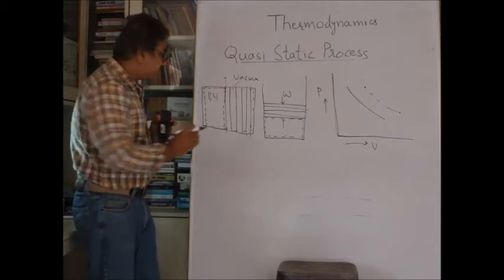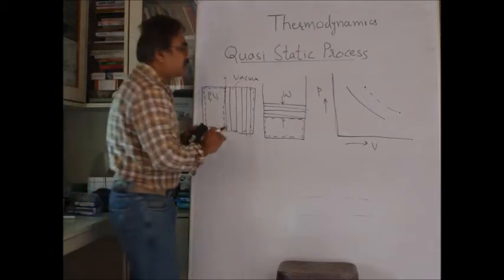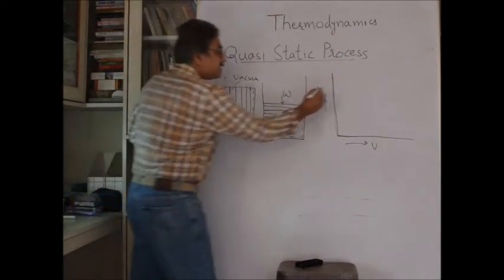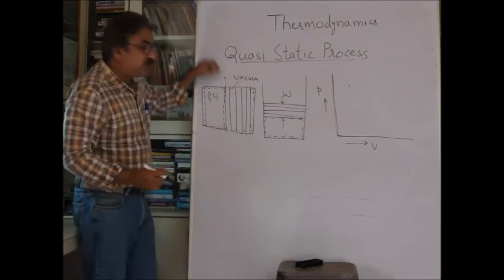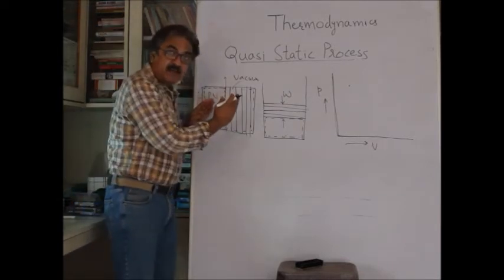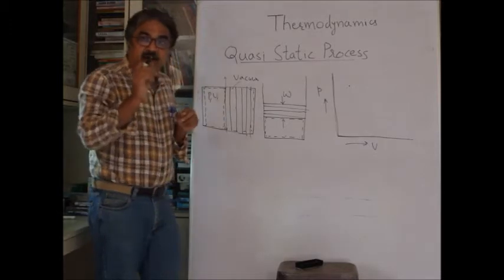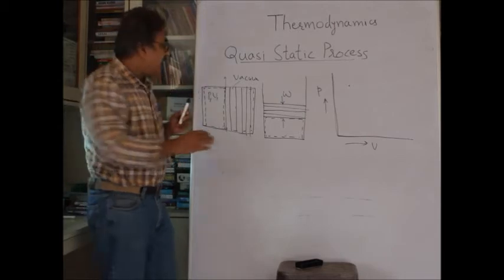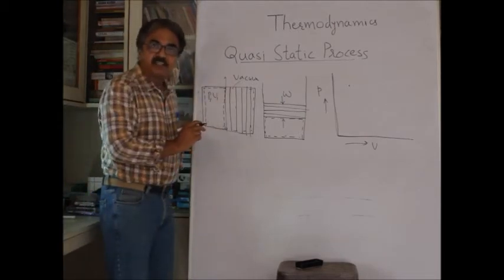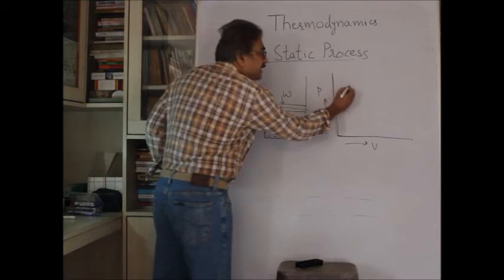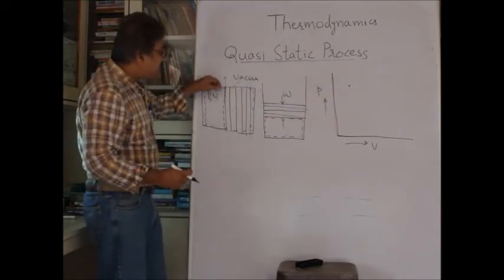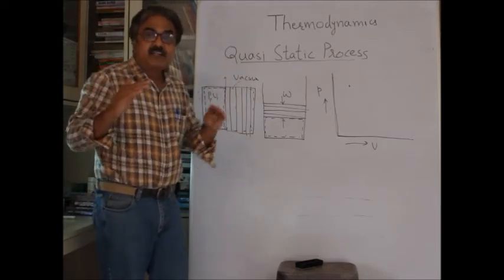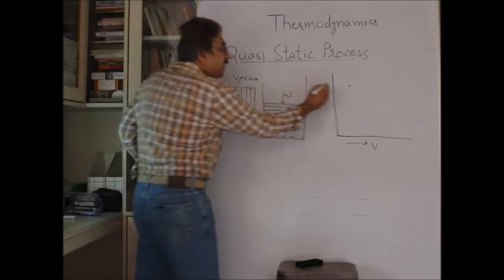When you remove the first partition, the gas would expand, right? Of course, the first state of the gas is this. Then we remove the partition, the gas would expand, and it would expand by an infinitesimal amount. The pressure would drop by an infinitesimal amount, and a new thermodynamic equilibrium state is arrived at. That means the new equilibrium state is adjacent to this. Then we remove the second partition. Again the gas would expand by an infinitesimal amount, the pressure would drop by an infinitesimal amount, and you have a next